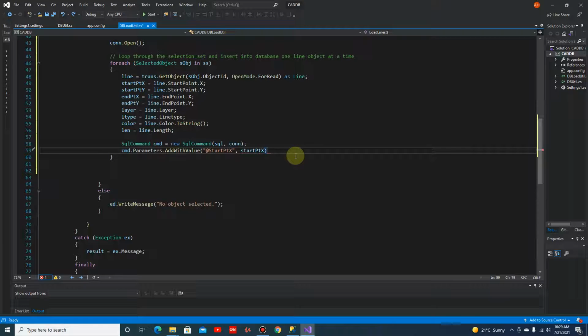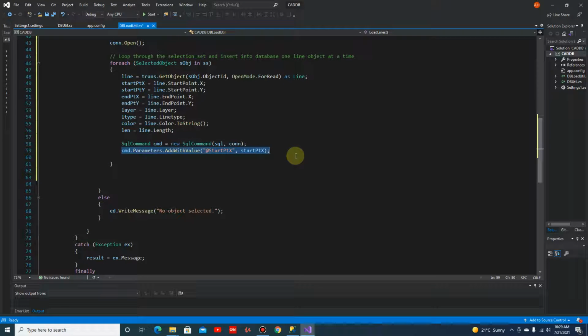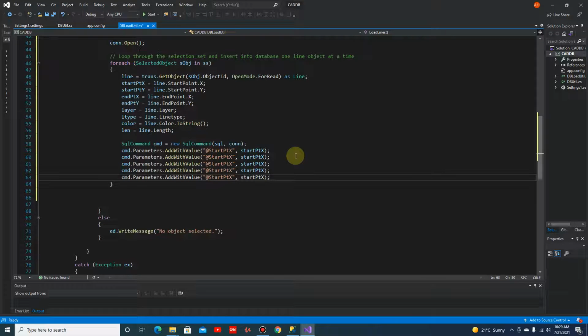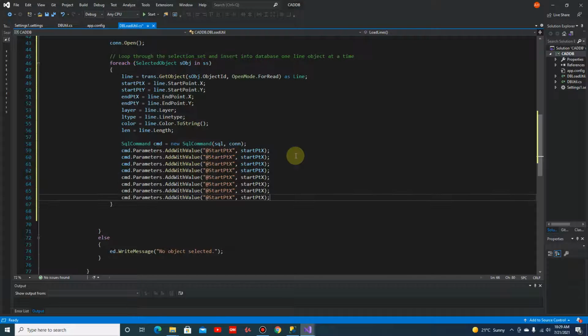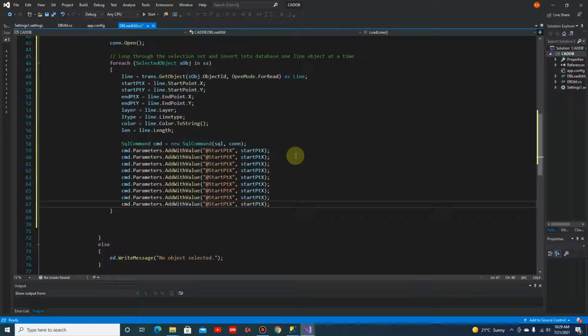Next, we can just copy this over, as we will be creating at least 8 or 9 parameters. So when we are doing this copy and paste, make sure that you update accordingly to avoid some errors. So the next one is the start point y, and this will be start point y,